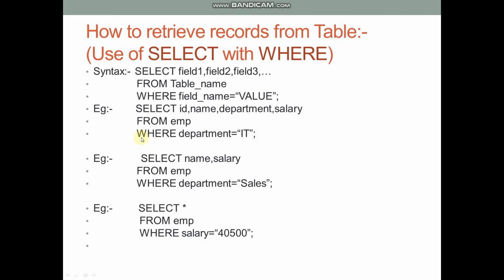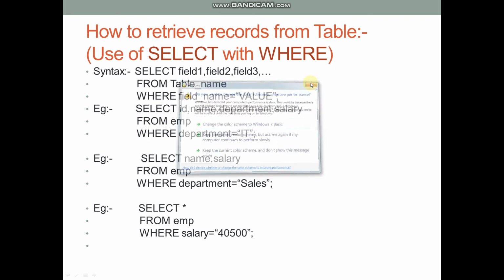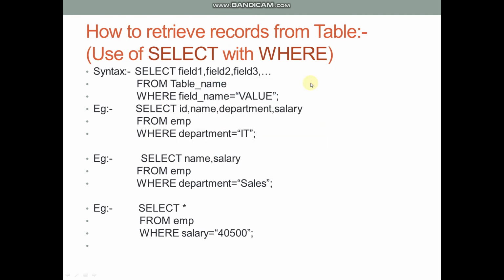So here the where clause is used to provide a conditional restriction, or we can say it is used to perform a filtration of our data. If the where clause is absent, then your query will return all the employees from all the departments. But the where clause restricts the result to employees from only a specific department, which is the IT department in this case.